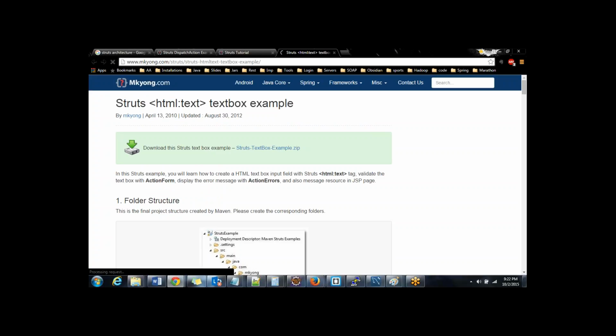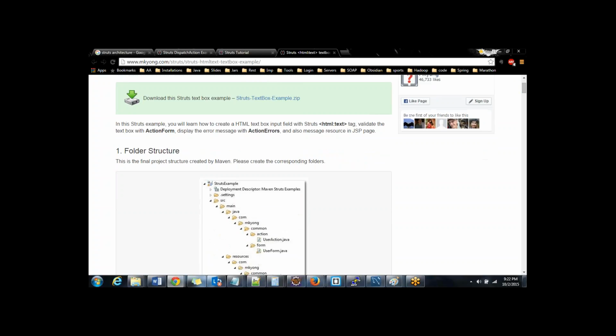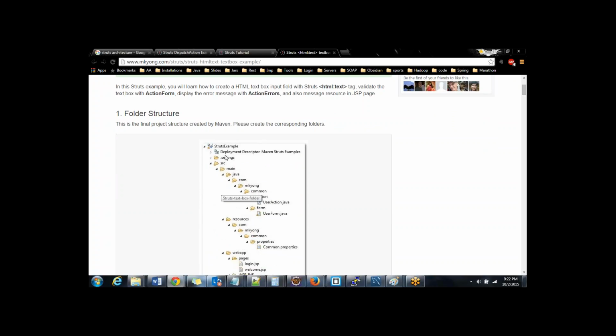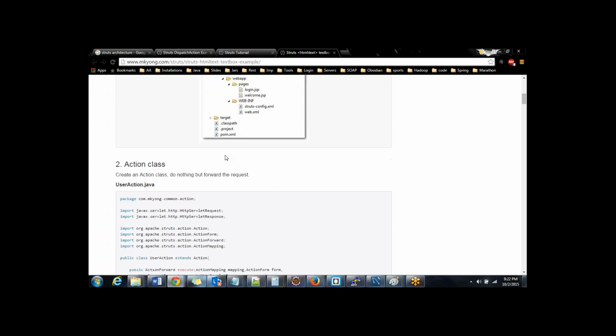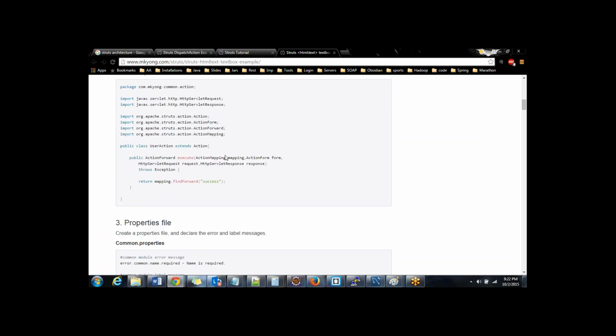Maybe the basic drawback right now is that I did not explain the concept of a Maven project. We are dealing only with dynamic web projects. So that might be one thing which you might not be able to understand even if you look at the concepts. Maybe I will try to explain Maven projects in a day or two so that we can explain all these things. But at a high level, here he is creating an action class